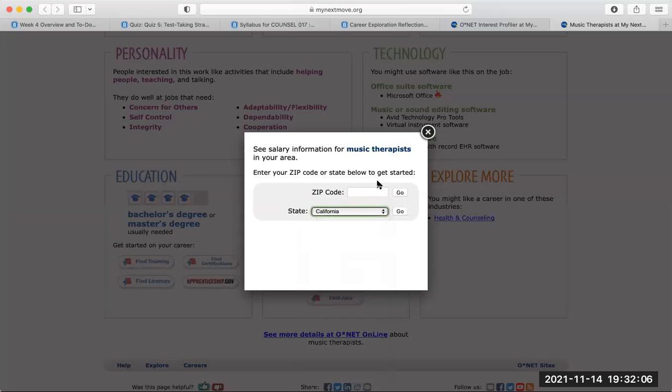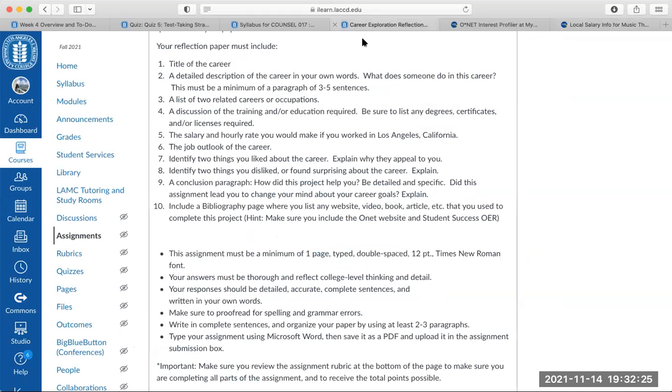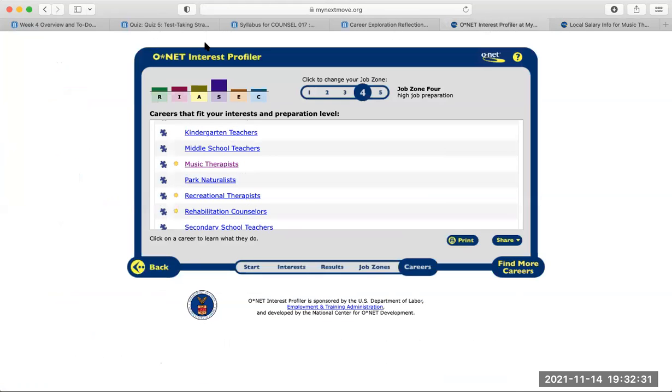And then it will show me exactly in Los Angeles, or whatever my zip code is, what the salary is going to be locally. So I would include that then for number 5.